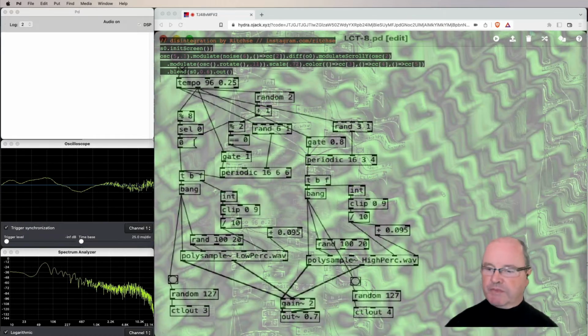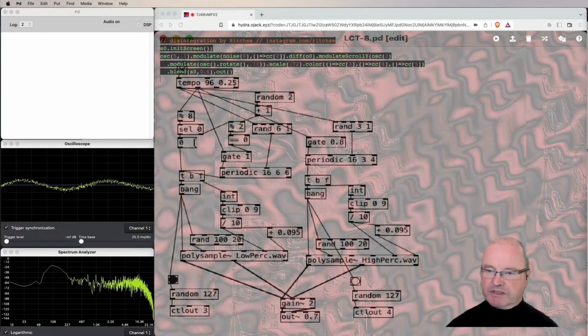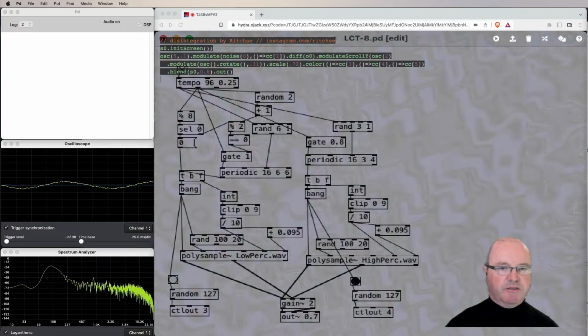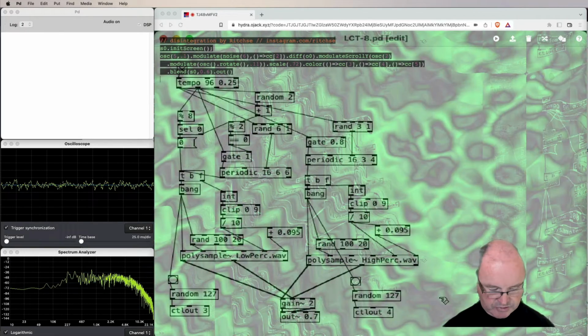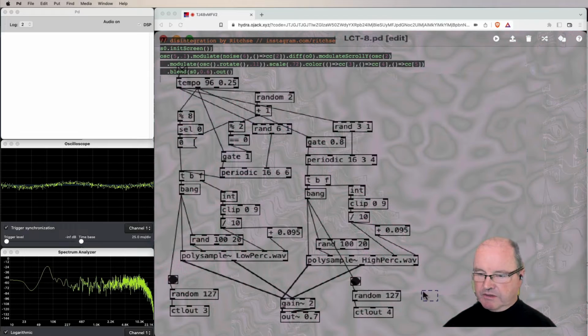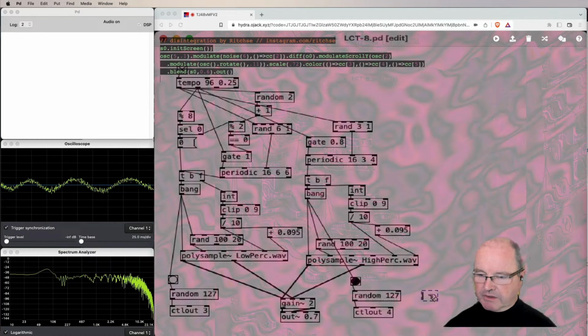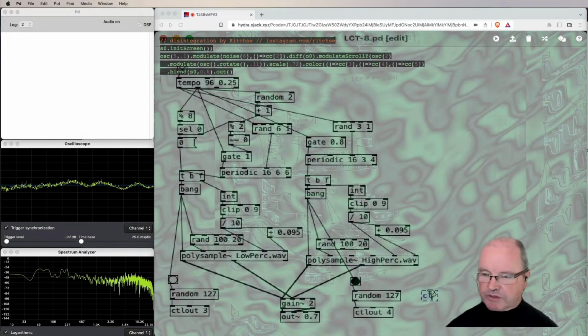Alright, so we've got some variety in our colour happening now. We'll fix up a few other things in it maybe later on. No, let's do a little bit more on that while we're on the Hydra stuff. Okay, so the control out,